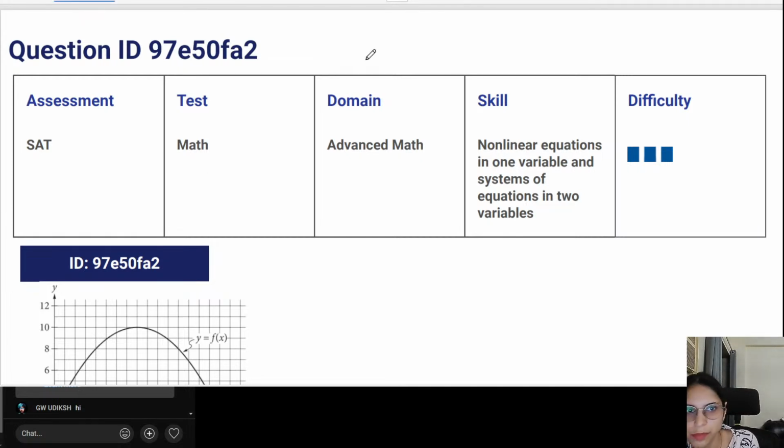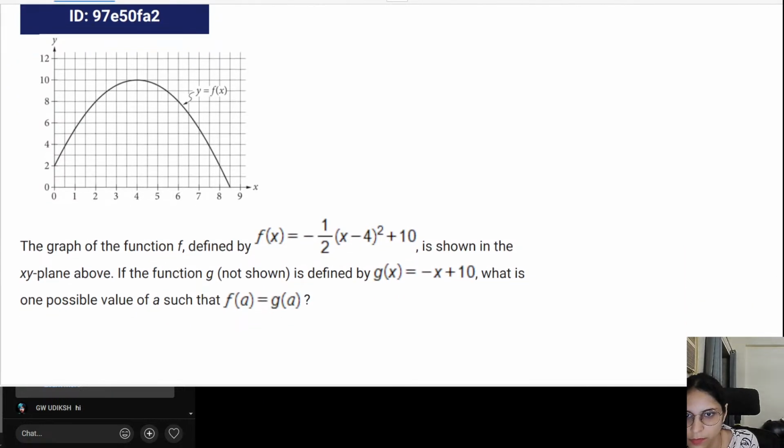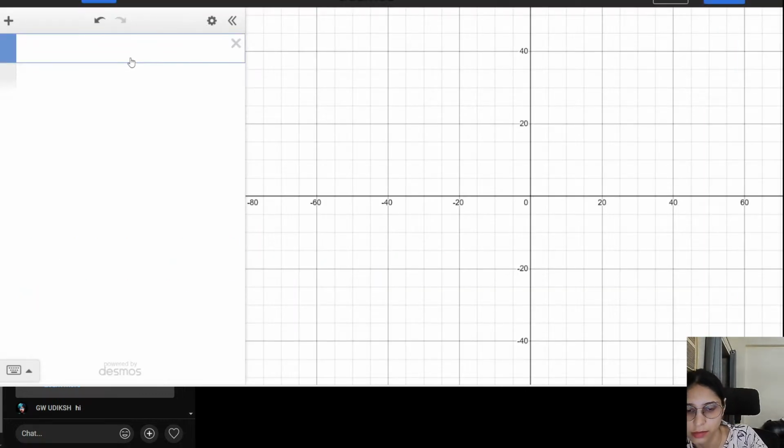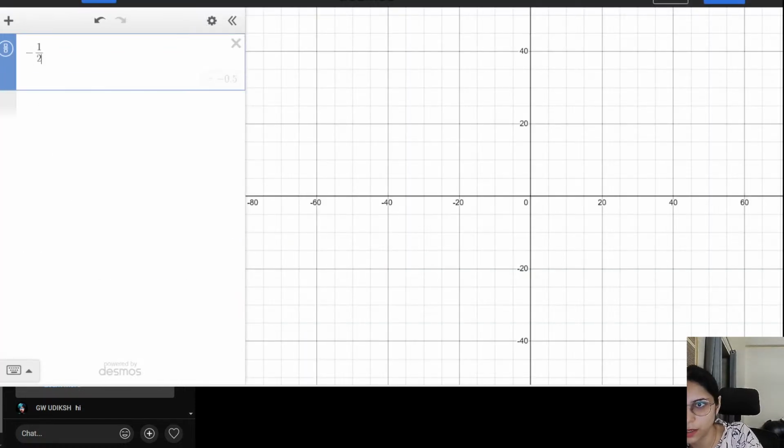Yeah, 38 looks like a parabola, so I'll be taking 38 as well. Okay, g of x is negative x plus 10. What is one possible value of a such that f of a is equal to g of a? So that means point of intersection we are looking for. Negative 1/2